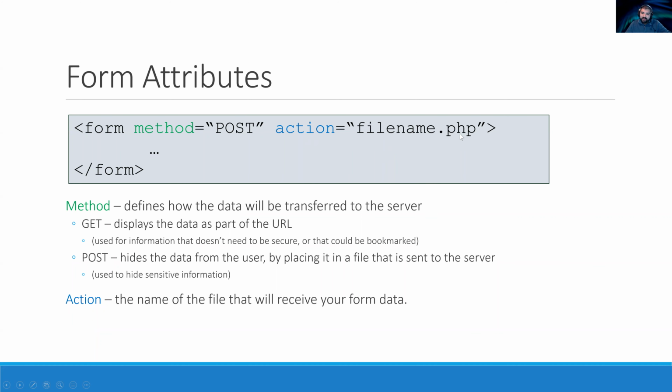And the action is the file in the server that is going to process that data. Usually it's a PHP file. It can't just be an HTML file because HTML doesn't know how to process that data. It needs to be a file that can do something with it, right? That can take that data and then maybe store it in a database, maybe save it to some file, maybe send you an email with the information that people typed, or maybe log the user in by comparing information to a database. It's a little bit more advanced and needs you to understand how to program a little bit more